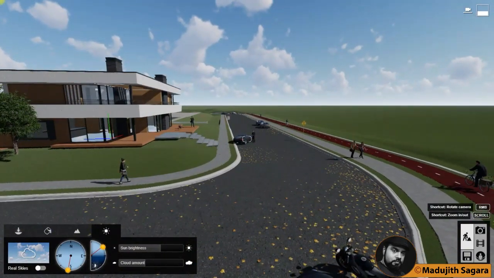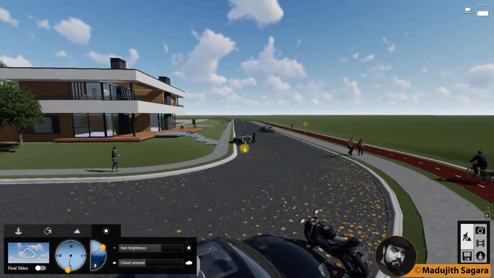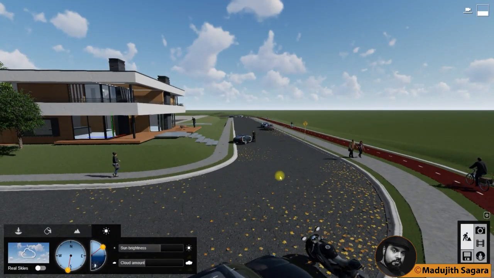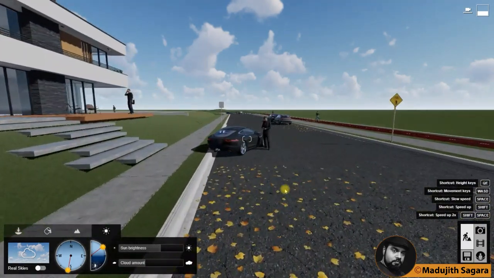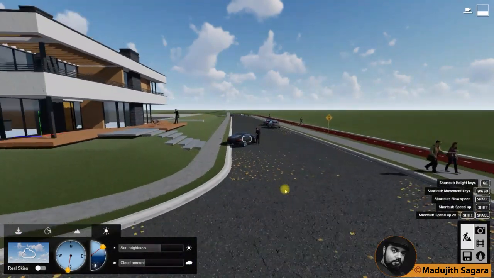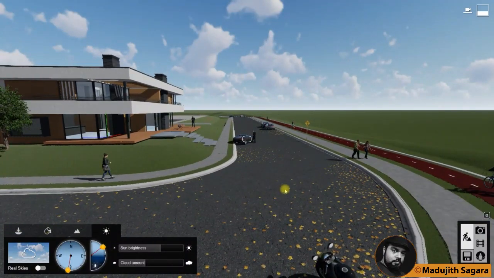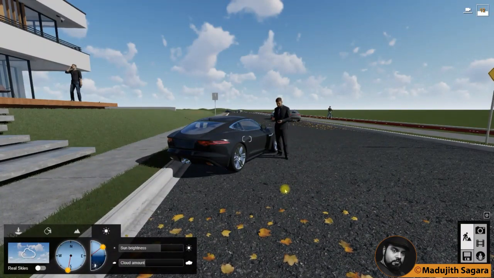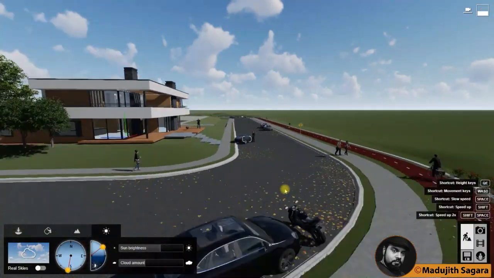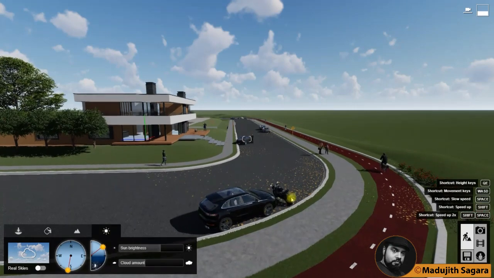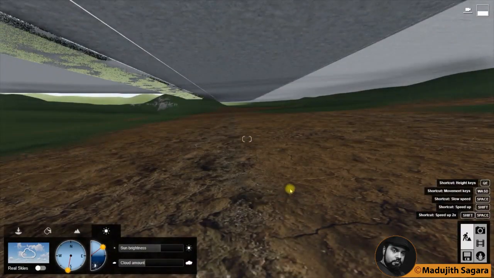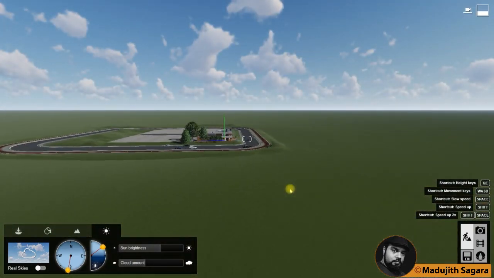Now we will go to the moving part. If you want to move forward, you have to use your mouse wheel. You have to scroll your mouse wheel forward. If you want to move backward, scroll your mouse wheel backward. If you want to move faster, you have to press shift and do it again. If you want to move backward faster, press shift and scroll the mouse wheel. If you want to move very fast, you have to press shift and space bar and do the same. Think it is moving very fast.